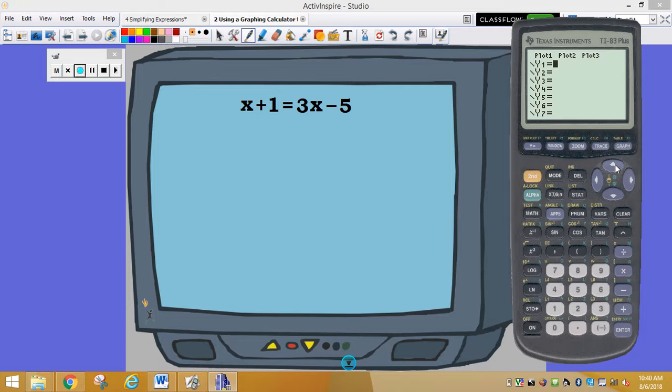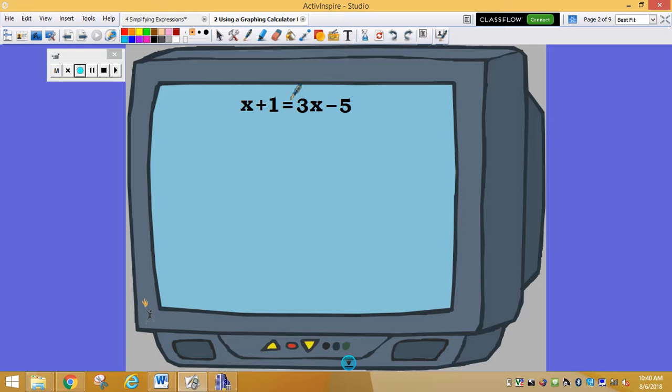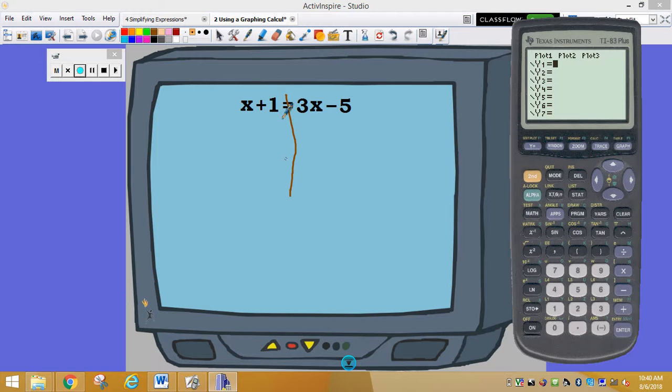So everything, just like before, you remember we drew the line? Okay, well we're still going to do that. Everything on the left-hand side goes in y1. Everything on the right-hand side goes in y2. So here I'm going to type this in, this x plus 1. Now, the x button is right here beside alpha. Okay, so I'm going to type x